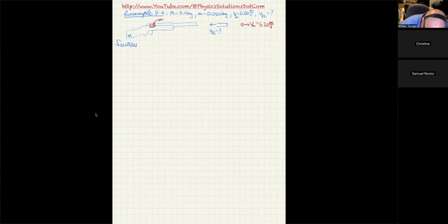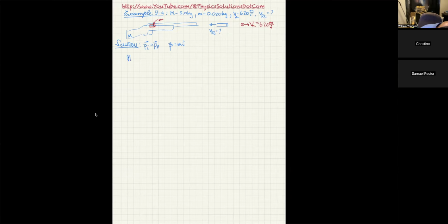Solution. This requires P initial equal to P final. This is technically a vector equation, but we're talking one-dimensional motion here, so really the vectorness is handled by a positive or negative sign. Positive signs point in the direction of positive coordinates, which I'm going to assume is pointing to the right, and a negative sign means it's pointing in the negative direction, to the left. I'm also going to use the fact that P is equal to mass times velocity. Again, that's a vector equation.